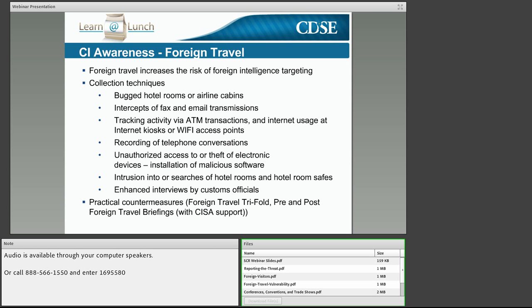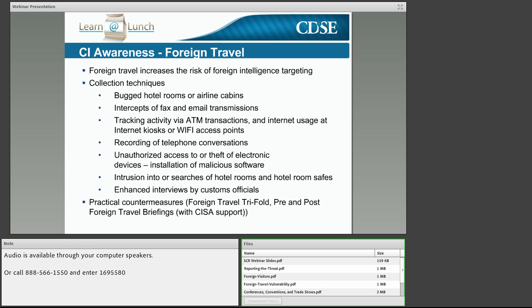We can also come out and assist you with developing the correct questions that we're looking for. We don't want an employee to come back and pencil whip a yes or no question, so it's always beneficial to do a one-on-one interview with that employee to kind of explain those threats. Look for any of the techniques that are listed here that may have been used. If you see any of these techniques in any of your debriefings, this constitutes a reportable event that you'd want to submit to DSSCI as an